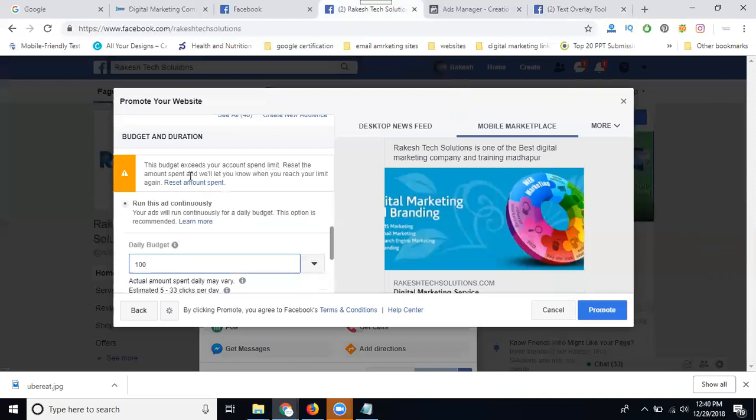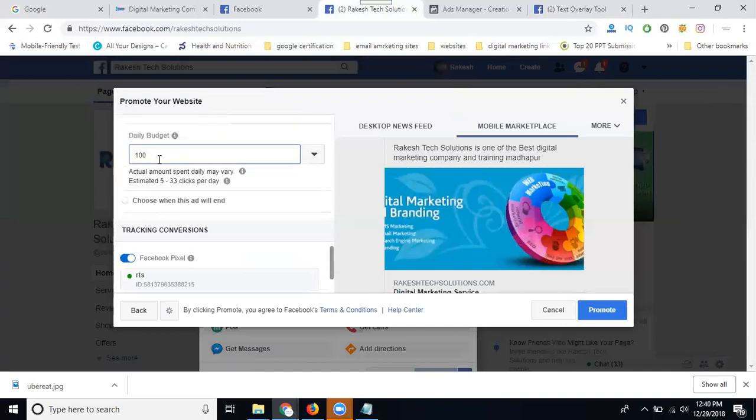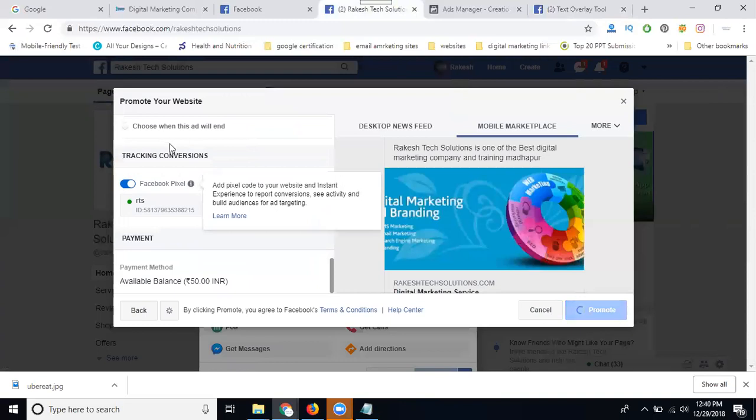Suppose you do not add the amount and your other 50 rupees is there. When the 50 rupees is finished, your ad will be stopped. They do not consider up to 100 rupees. It is not a postpaid service, it's a totally prepaid service. So we add a budget of 50 rupees. After the 50 rupees, you click promote your ad.